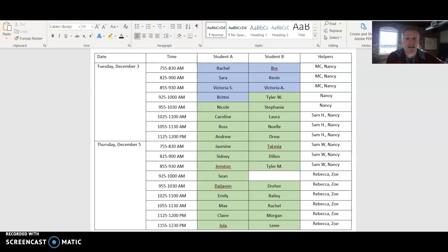The boxes in blue are the times for your class. So I ask that you arrive 5 minutes early, and then your time will go from 8 to 8:30, 8:30 to 9, etc. Please don't be late, and please don't switch spots without me knowing. People are in a certain order in a certain room on purpose, so please don't just change something